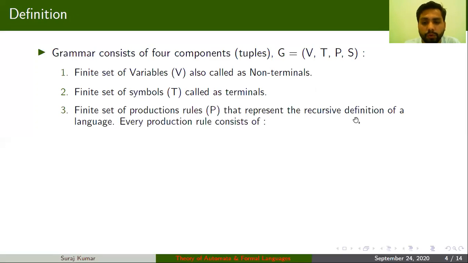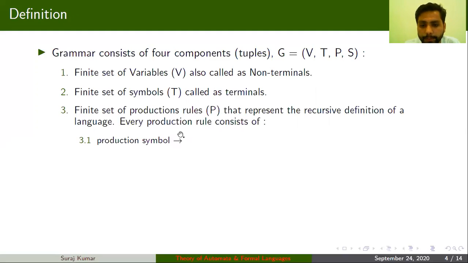Basically, every production consists of 3 parts. First, you have a production symbol. In the previous case, I have seen S implies 0, S implies 1, S implies epsilon, S implies 0S0, and S implies 1S1. So this was the implies symbol, or you can say production symbol.